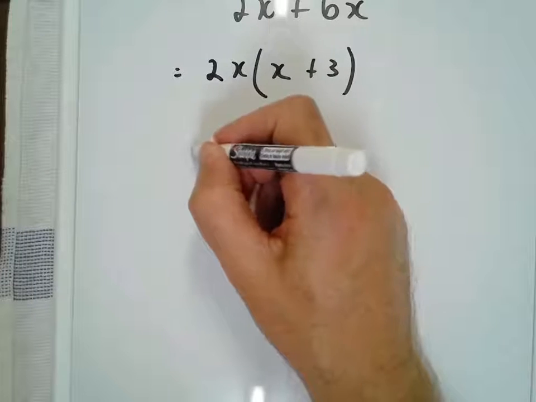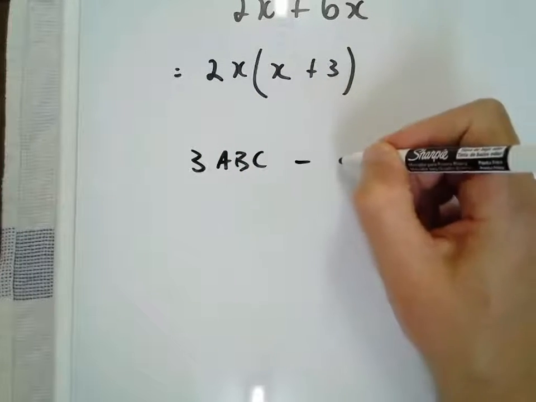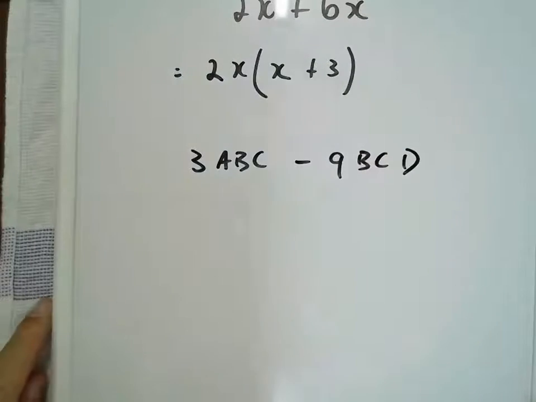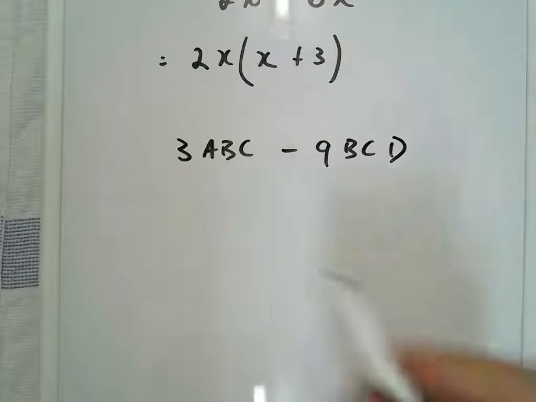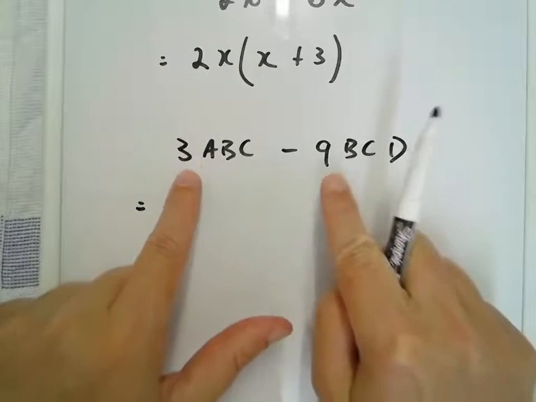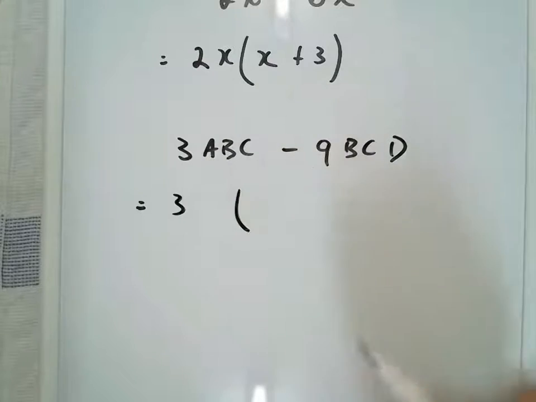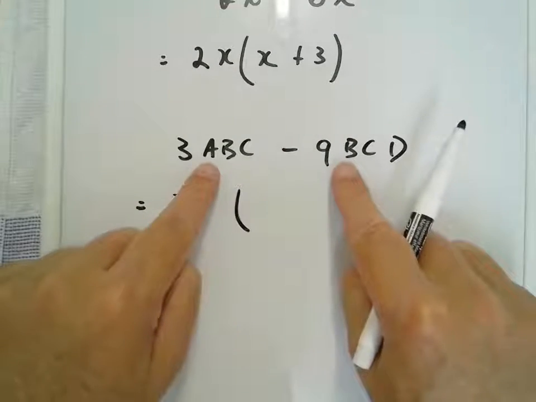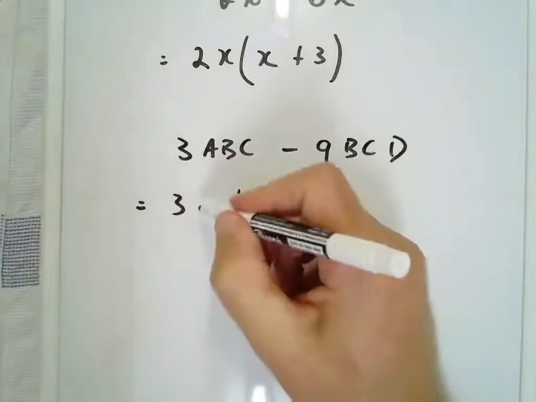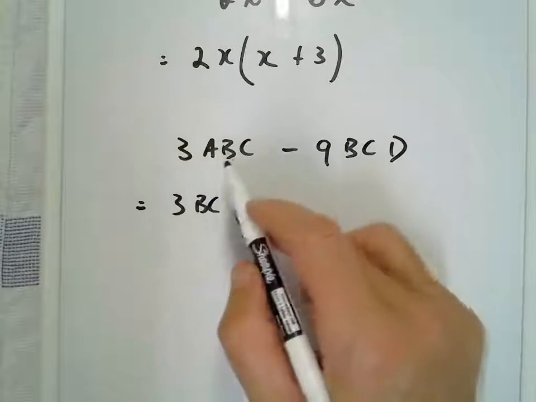Let's go with 3abc minus 9bcd. Again, we want to separate out our numbers and letters. So let's look at our numbers first. You can see we've got our 3 I can pull out. And now when I look at my letters, no a's, but I've got a b, a c, and not a d. So b and c are in both. So when I pull my 3 out and my b and c, the only thing left is